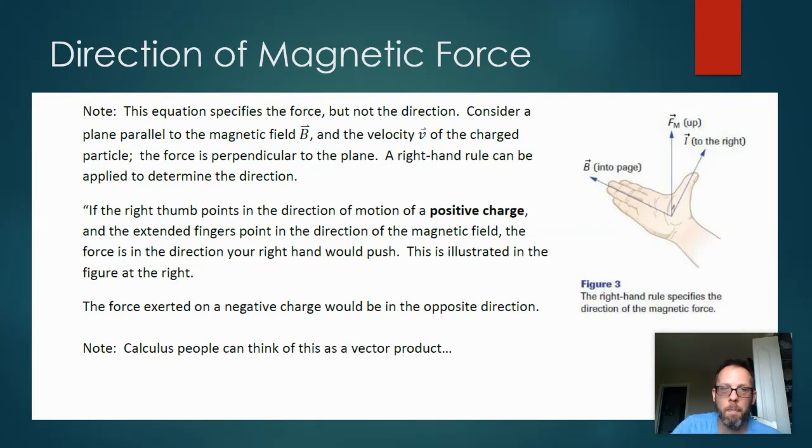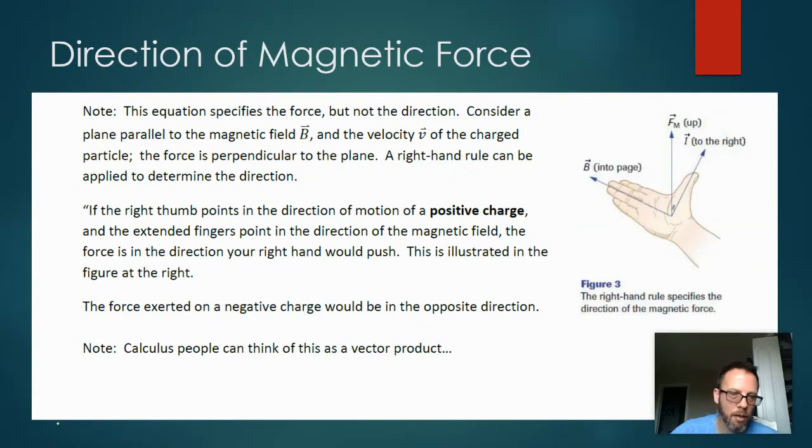So consider a plane parallel to the magnetic field B. You can imagine your right hand is that plane parallel to the magnetic field and the velocity, with your fingers pointing in the direction of the magnetic field, and your thumb pointing in the direction of the velocity vector. So in this diagram here,